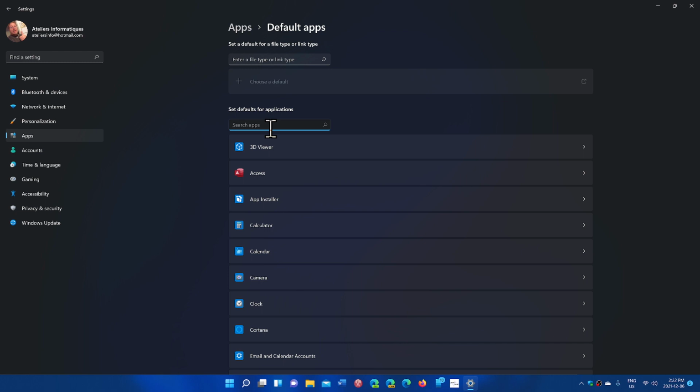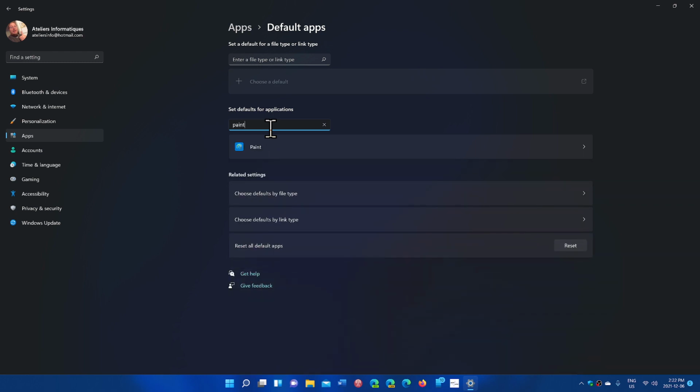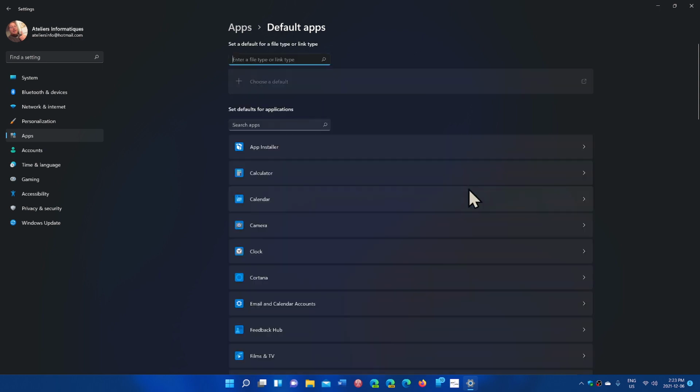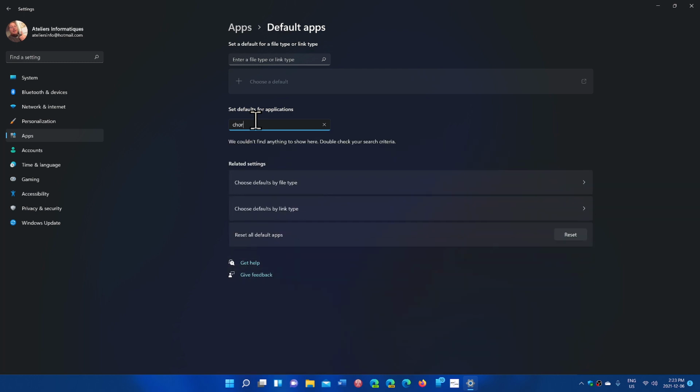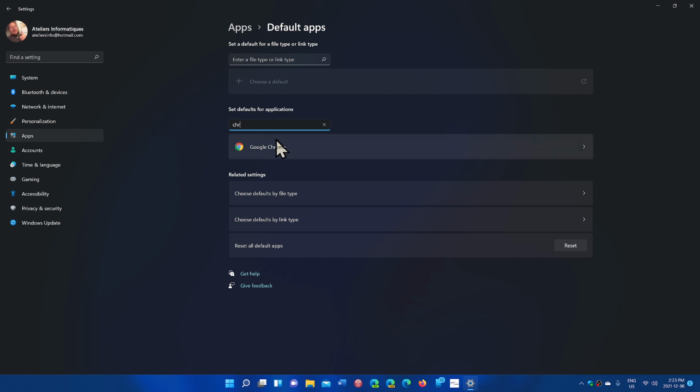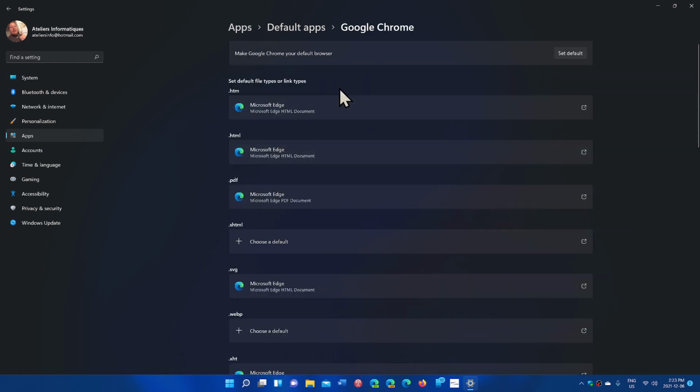Let's see here. If I go to, let's try Paint. So for example, if I click Paint, now it's an app by app thing that I have to go to. There's no default. I have to choose which default I want depending on the type, the file type. And of course, for the browser, that created a stir because if you wanted to install Chrome, for example, and you just didn't have the possibility to have default except by going through all the options one by one,